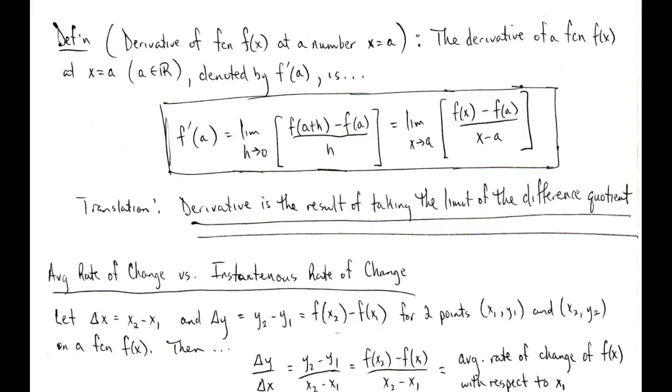And so that's what the definition of derivative can be expressed as. So here, derivative of a function at some number x equals a, the definition of it. We say that the derivative of a function f of x at x equals a, where a is some real number, is denoted by this notation here, and we call this prime notation because of the little ticking mark that you see right there. And we look at it this way: the limit of the difference quotient, whether you're going